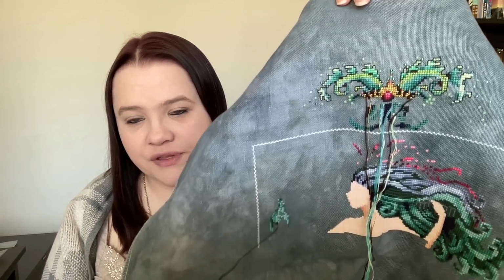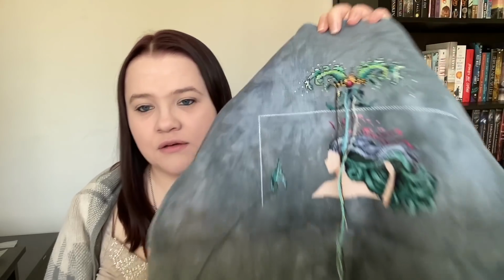So yeah, so there's that. What else am I doing that's unusual for me? Oh, so there are 4 metallics called for in this one, 4 Krynics called for, and I have subbed all but one of them to Petite Treasure Braid. So I originally was going to sub all of them, and I had 3 of the 4 in my stash, so it was good to go. But the 4th one, Krynic Chartreuse, that limey green color there,